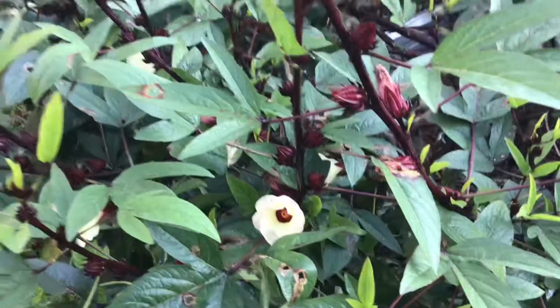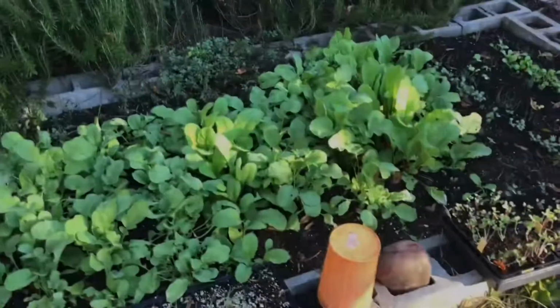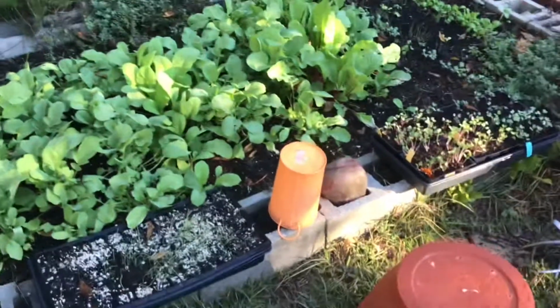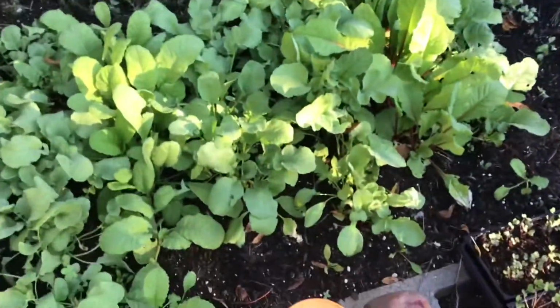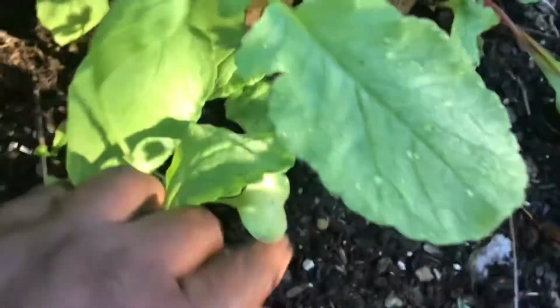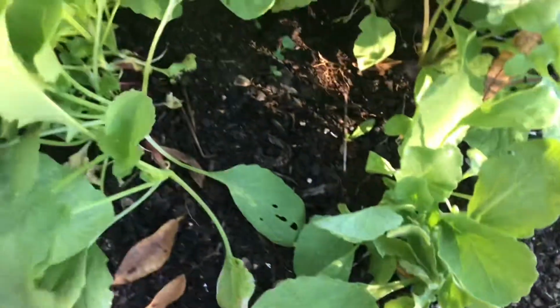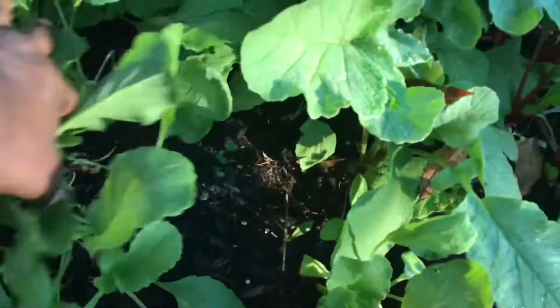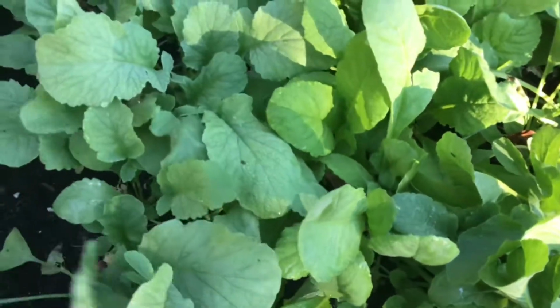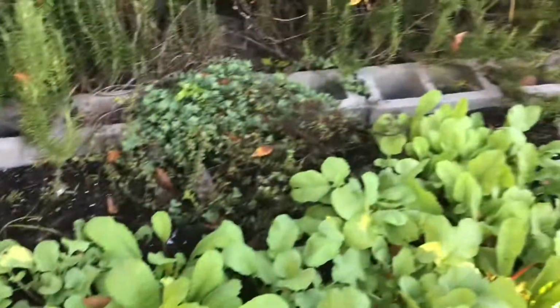All right, now the last thing I'm going to show you guys, my raised beds with the radishes in it. They are looking really good, and a lot of them are already developing decent sized radishes. The purple ones down there. Yeah, I think these are French breakfast. I just sprinkled the seeds down here in rows and didn't even pay attention to the varieties because it didn't really make a difference to me. But because these grow so quickly,